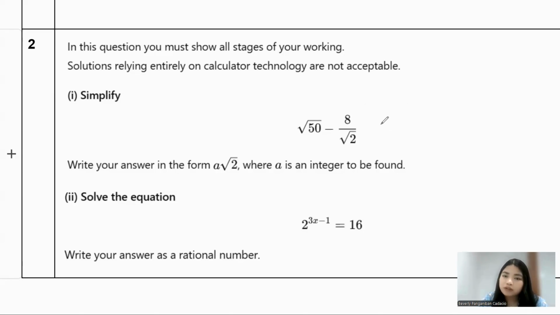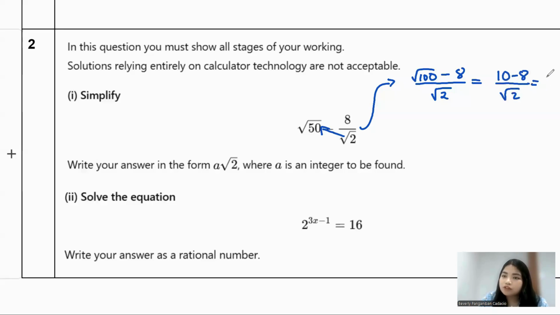For me, what I'm going to do is just a simple combining of my fractions, which I'm going to put here. So I will make them the same denominator, having both root 2 as their denominator. And then what I'm going to do is to multiply this, and that will be 50 times 2 will be a root of 100, and the negative 8 will just be still there because originally the denominator of that is root 2. Okay, you need to simplify it. The square root of 100 will be 10 minus 8, and then you still have root 2 there.